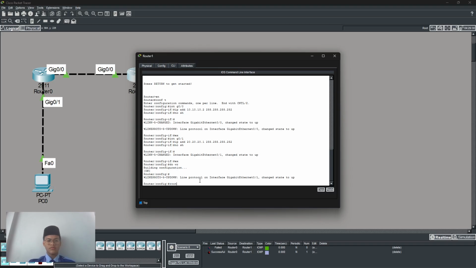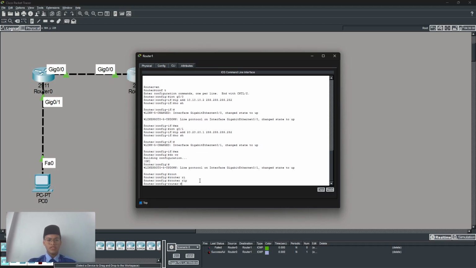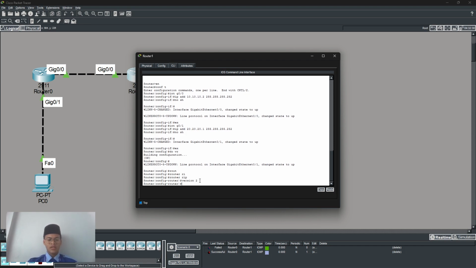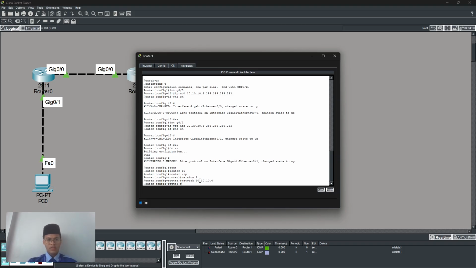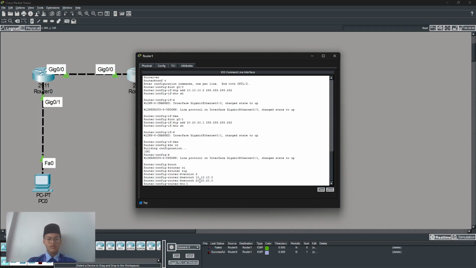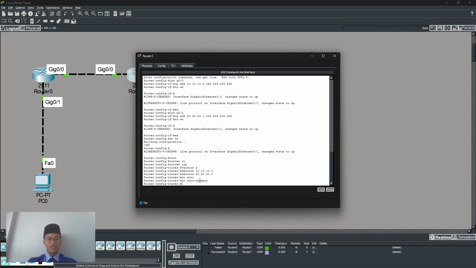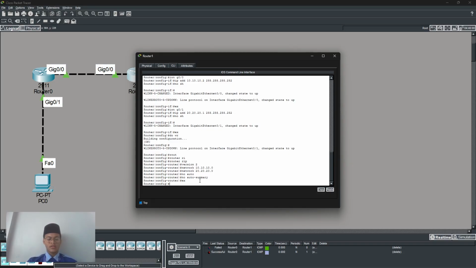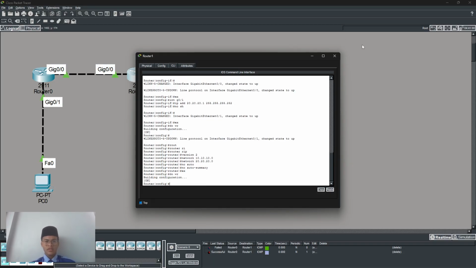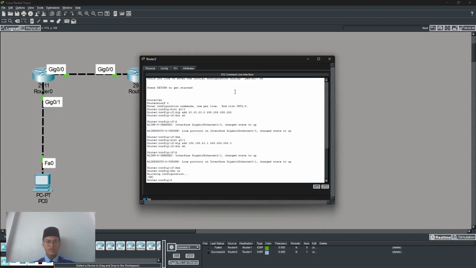So we go to router RIP and version 2, and also network 10 and network 20, and no auto-summary and exit and do write. Okay, and also for this one,